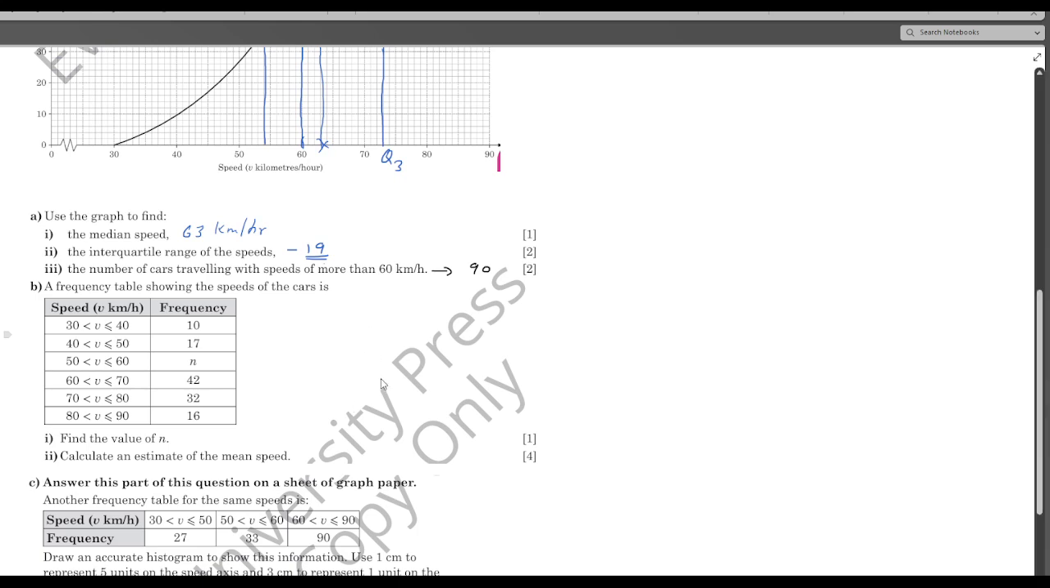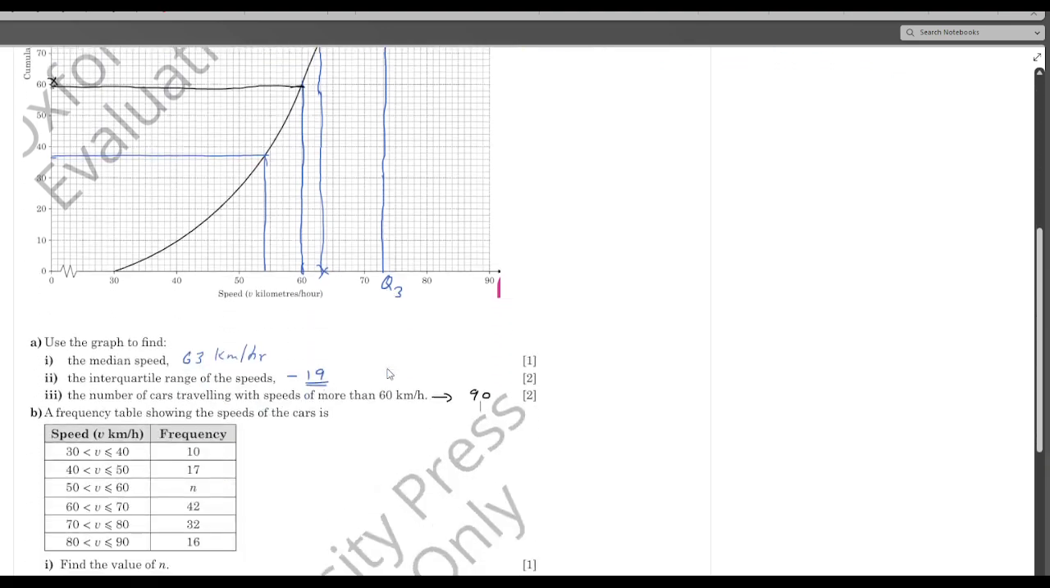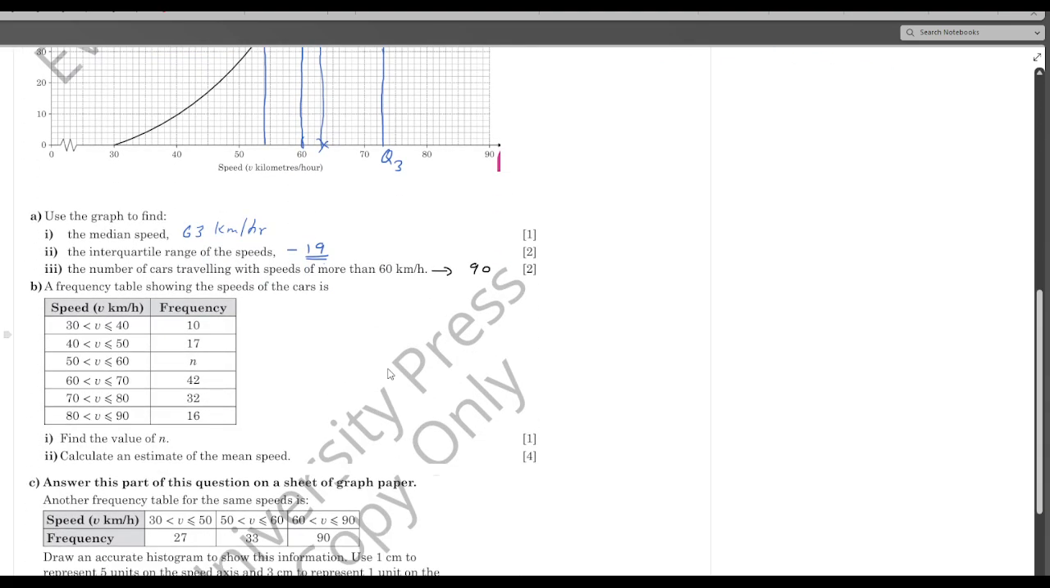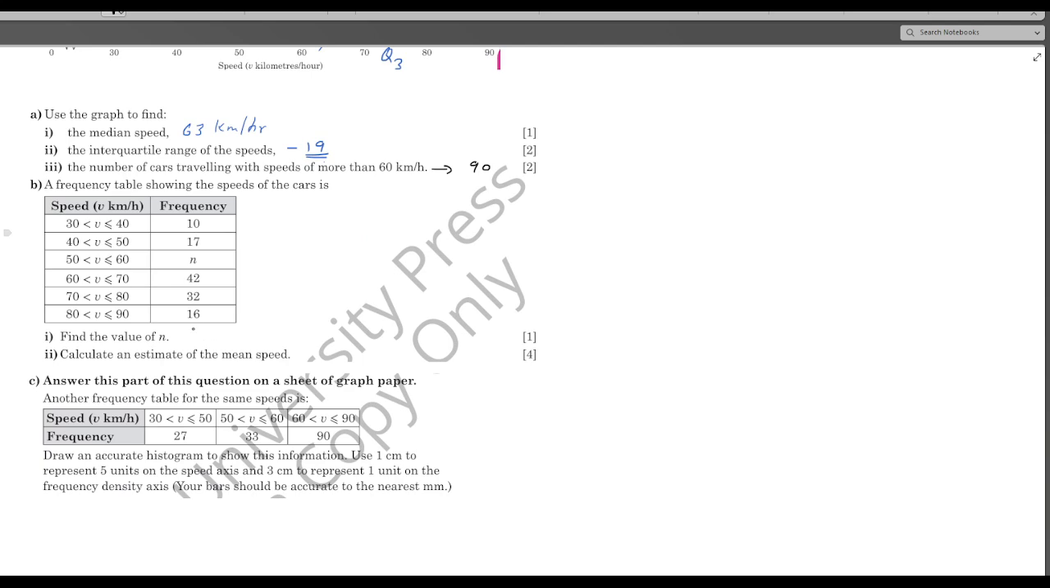Now your total frequency should be equal to 150 if this B part is related to A part. I assume that they are related. So here the total should be equal to 150. So to get the value n, from 150 we will subtract the sum of all these, which is